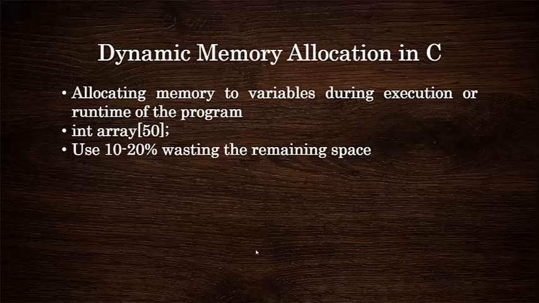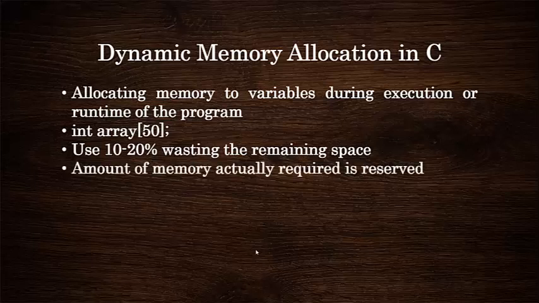So I may not be able to use all the 50 memory space, but I may be using either 10 to 20% of the memory space that has been reserved for this particular variable, that is the array. So what it means is I'm going to waste the remaining space. So in order to overcome this, we are going to reserve the amount of memory that is